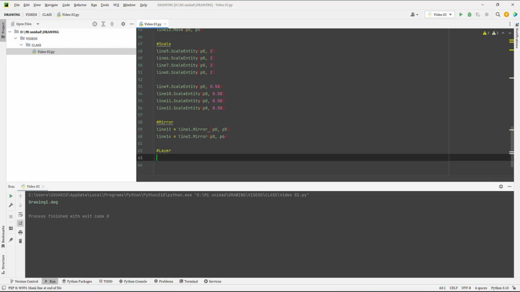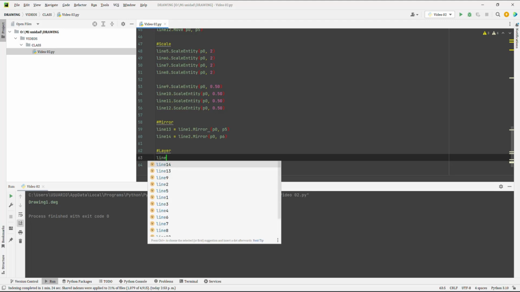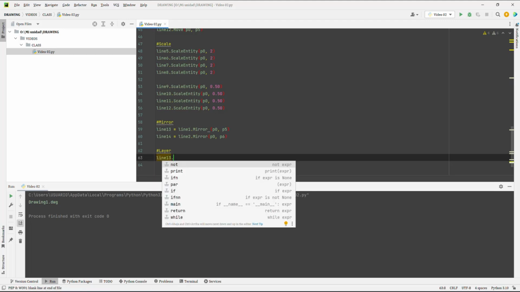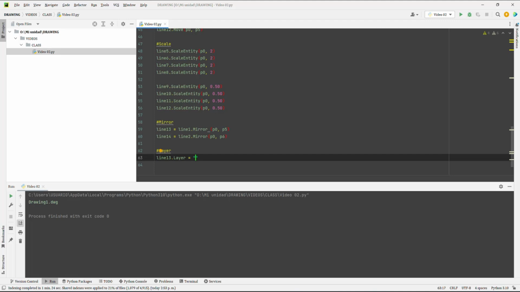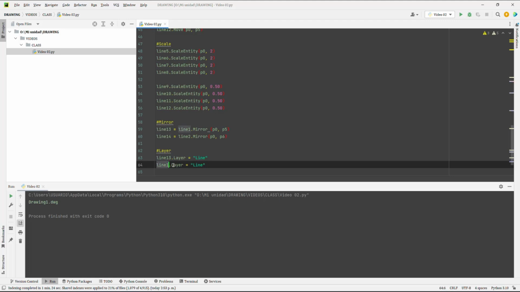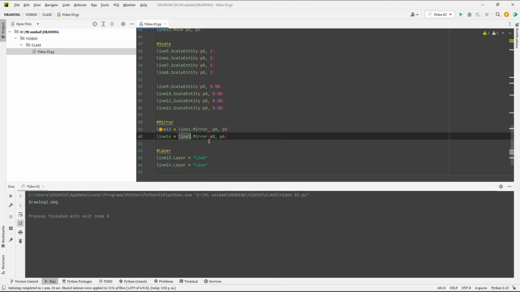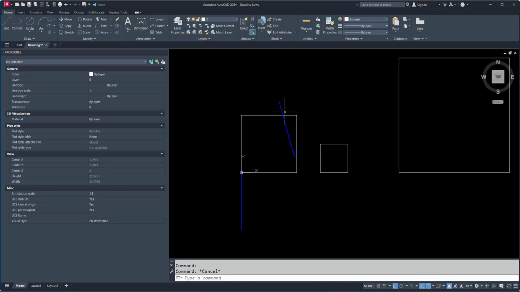The next property we'll look at is how to assign a layer to a line. The method is the same as the one we used for the point. Simply write .layer after the object followed by the name of the layer we want to assign to it. For this function to work, the layer must already exist in the original file. Otherwise, it will generate an error.